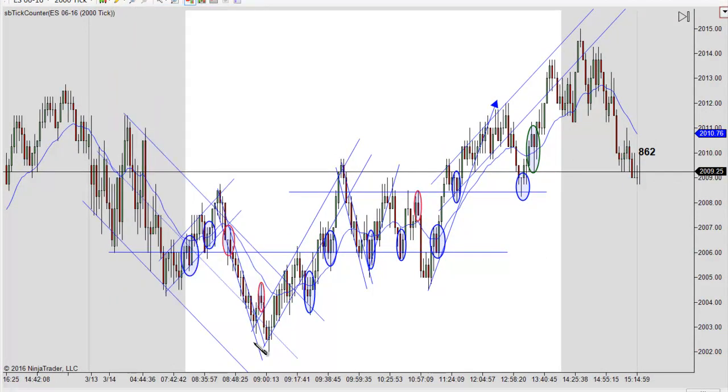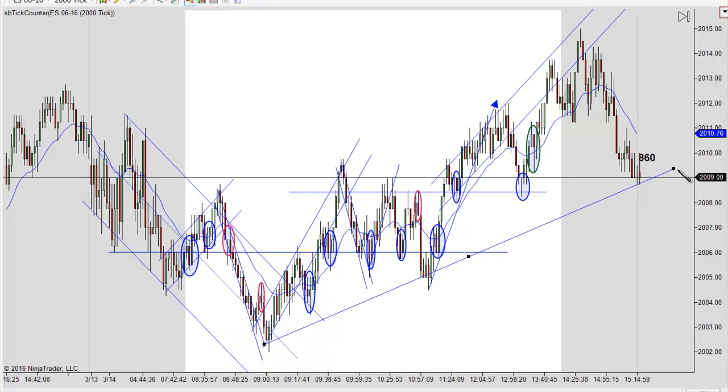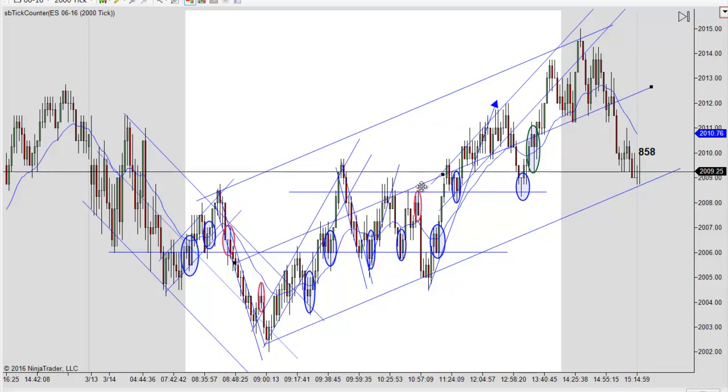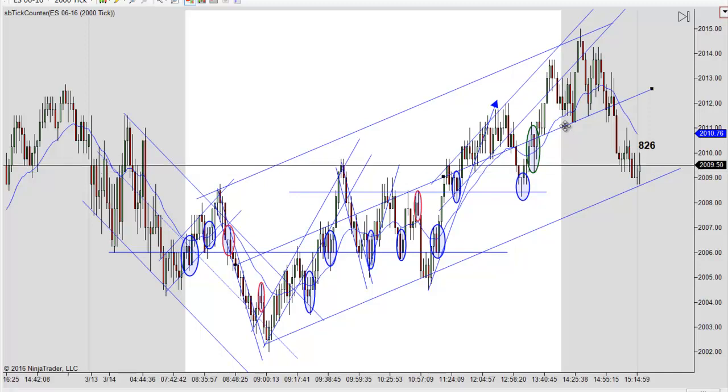It looks, just glancing at it, like there's probably another channel in here, a larger channel, but like I said, it doesn't really matter much. Probably going to be like that with a midline in there. Yep, you can see that. If you played that, it might have helped you a little bit with some of these longs in here. But anyway, it's there. I'm going to keep it out of the way just because I think it clutters it up.